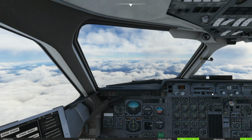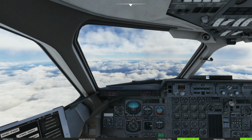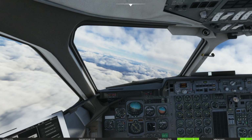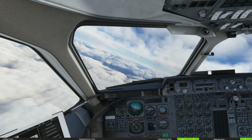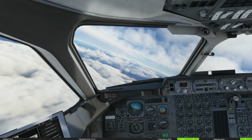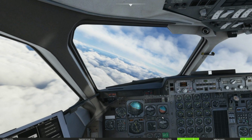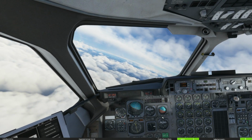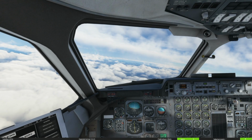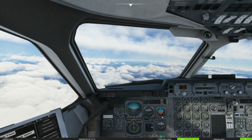Okay, let's go heading mode, because it seems like this actually isn't giving us the reading that we want. It's not, which is brilliant. So we're gonna have to go heading mode like this. Okay, so it's giving us distance, but it's not actually giving us a radial. So distance only, no direction, but that's okay,